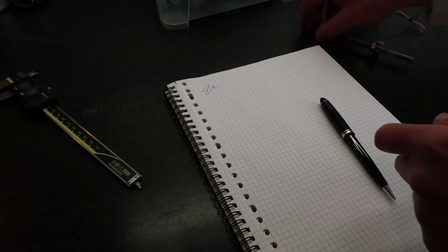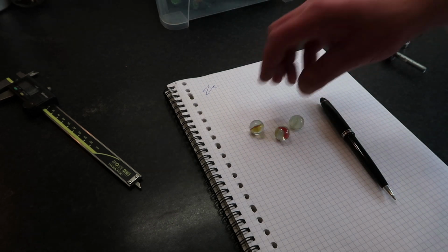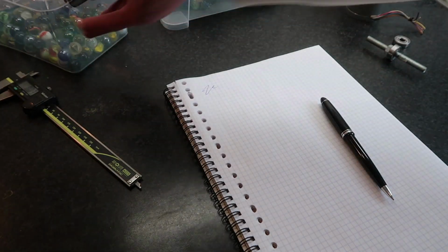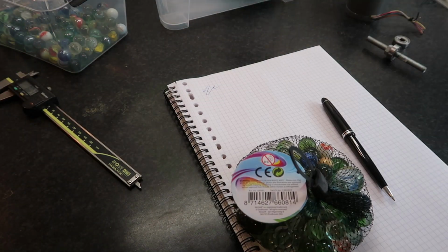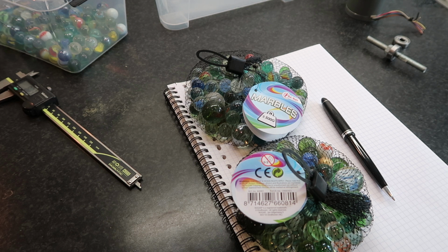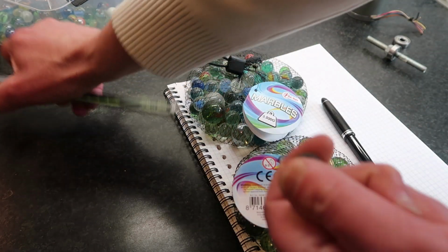So first, yesterday I was talking about using marbles. So I bought some marbles. In fact, I've still got a lot of marbles left. And then I thought, well, first off, they're not completely round. I thought they were rounder, but...